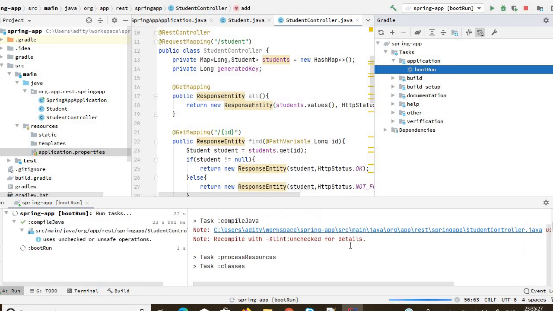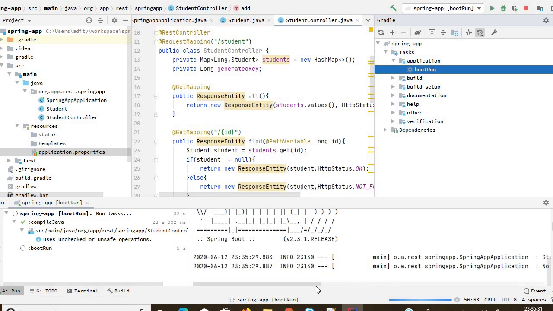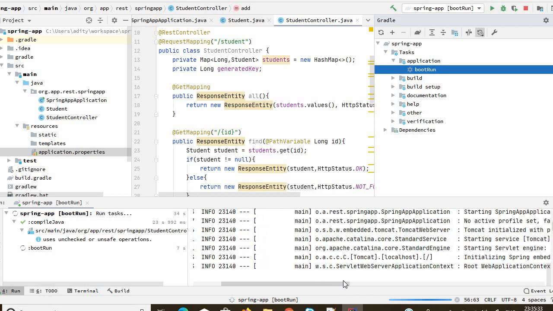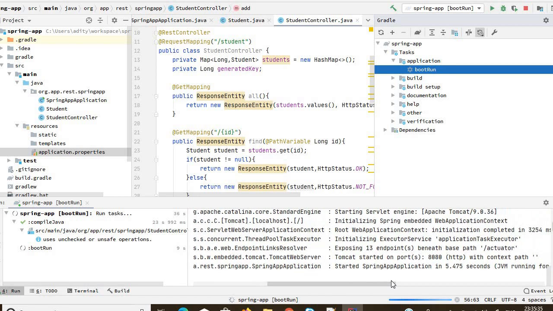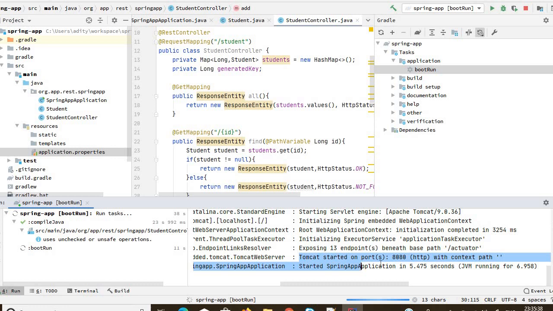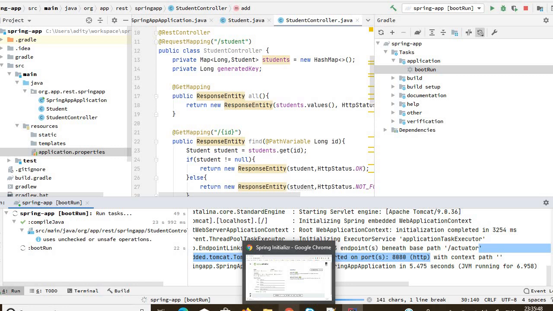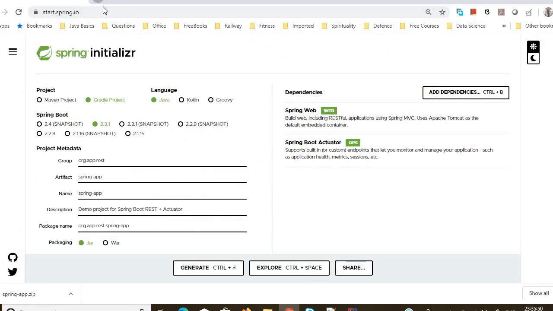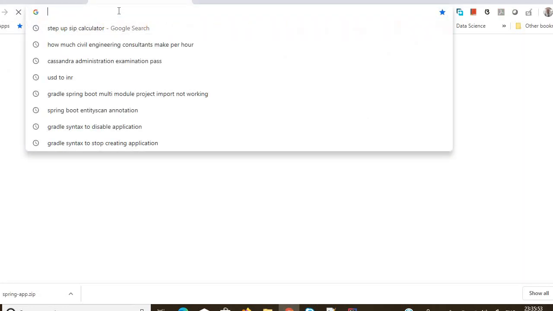So it is taking some time to build for the first time. Now if people can see, the application is started at port 8080 and it is exposing 13 endpoints at path actuator. So to access the application, I'll go to my browser, open another tab, I'll type